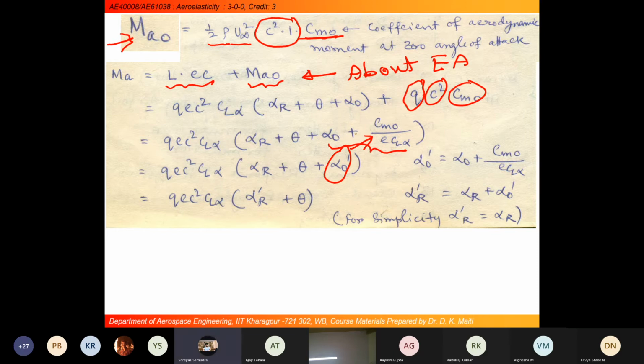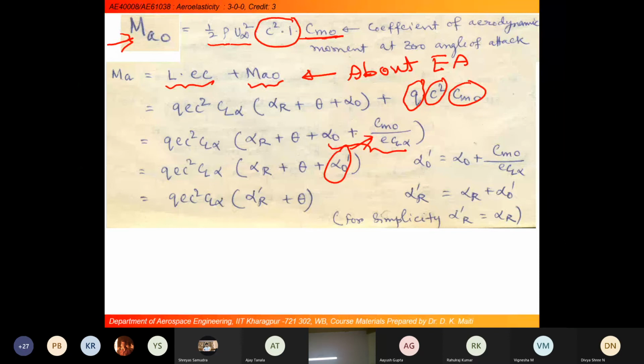Okay, so is that inside the Cm value? Cm naught. Yes, it is inherently there in the Cm naught. Whatever you are saying, that pseudo moment, I see there are so many idealizations we have done. If you come to the wing near the fuselage, there will be an interference effect, because usually the fuselage does not generate any lift, correct? And also, due to the presence of the fuselage, there will be a disturbance in the flow.